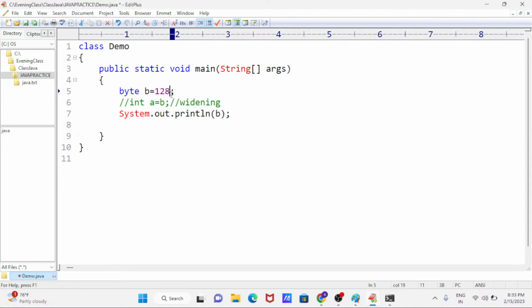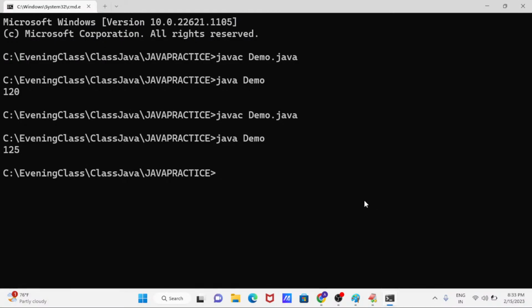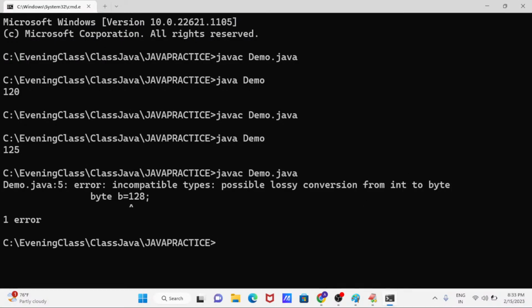If I try to store it, error, no error, no compile time error. Very good, I am getting some answers. So compile this program, go and execute. Why? Incompatible, lossy conversion into byte.